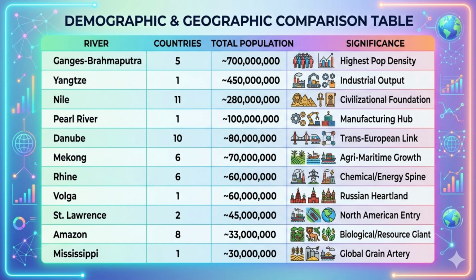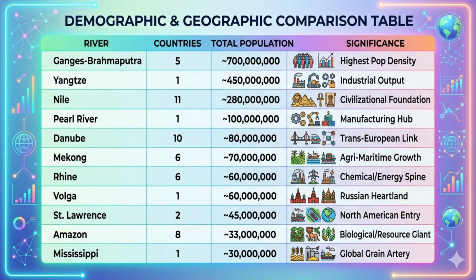Now, the next slide will present another piece of information to showcase the demographic and geographic comparison table, like how big is the population that is dependent on the river, and also some of the key things that you should pay attention to. For example, I've ranked the number of countries that are dependent on the river. From this table, you can see that for the Yangtze it is only one, China, because the Yangtze only flows through China. For the Nile River, there are 11 countries, but the Pearl River again is within China, so it's one. Mekong, there are 6, for example, Vietnam, Laos, Thailand, Cambodia.